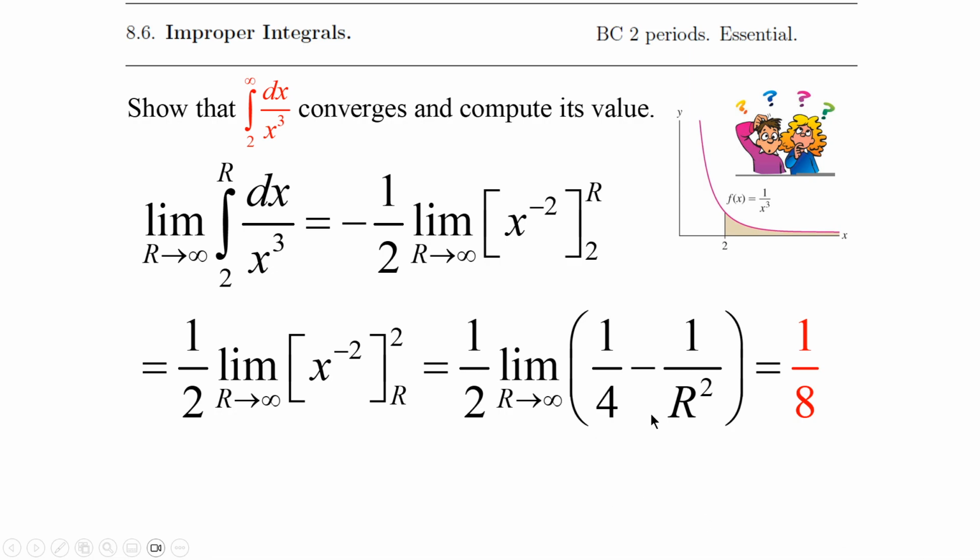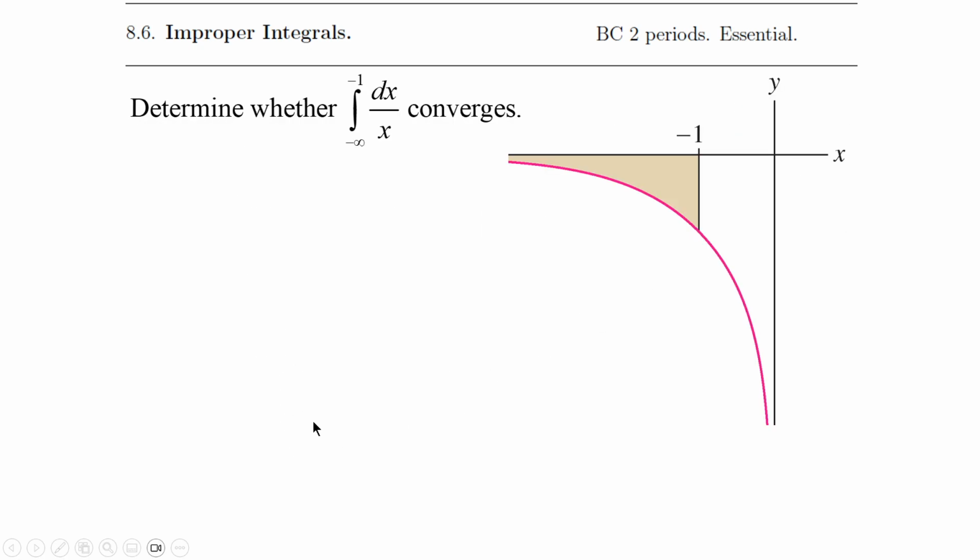We just did it. Isn't that cool? We just showed it converges, and we even computed its value. So this area right here is 1/8 of a square unit. Unbounded region, all right, with finite area. And that's a small number right there too. Wow. All right. Looks like the same situation, doesn't